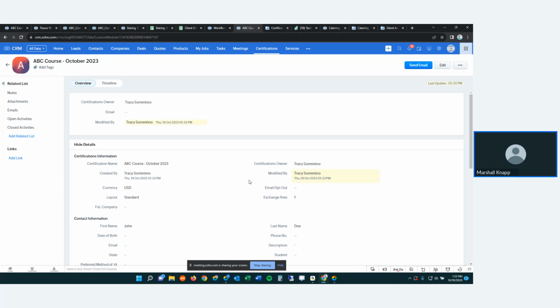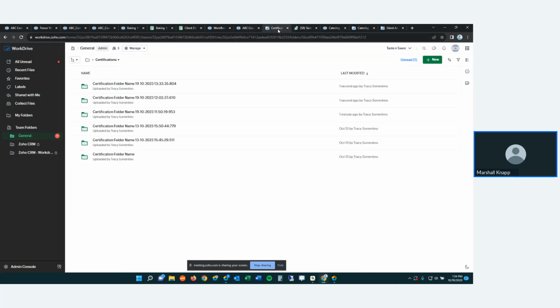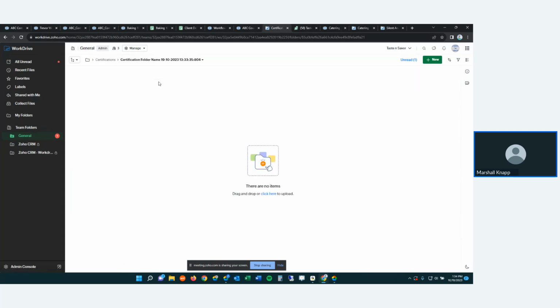Well, the thing that naturally goes with that is the output of that certificate, something you might send to the participant. And so instead of somebody having to go in and create this record and then initiate a mail merge and download that file and save it somewhere else and then email it to the participant, we've automated all of that. And so when we create a new certification record, over here inside certifications, you can see this was created 1 second ago. If I go in there,